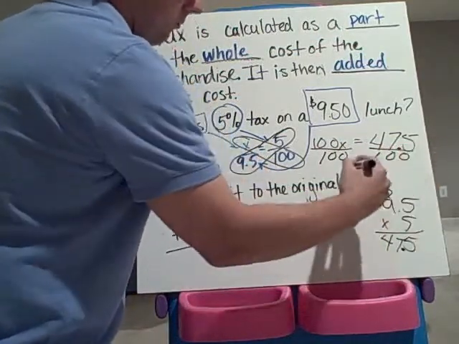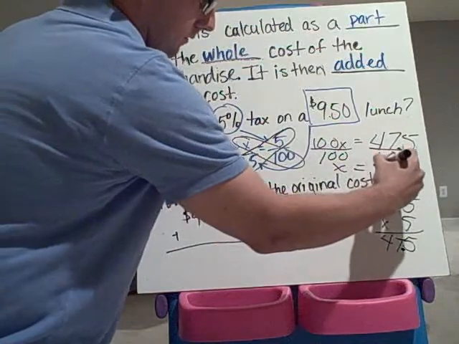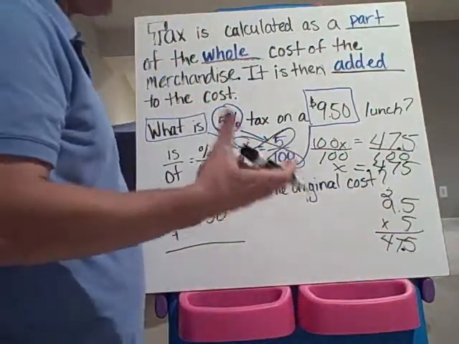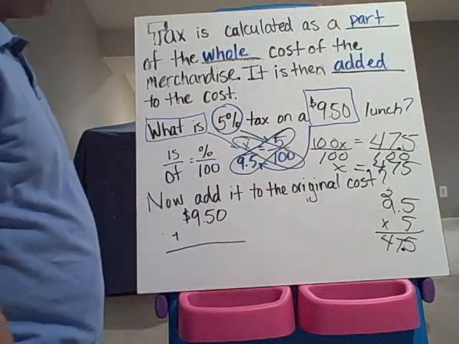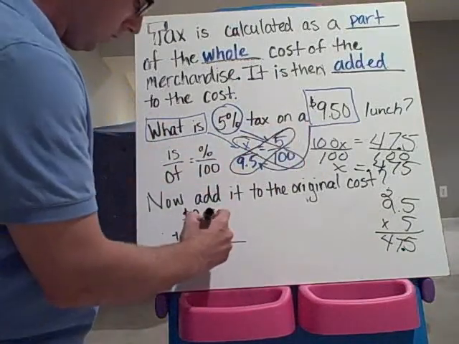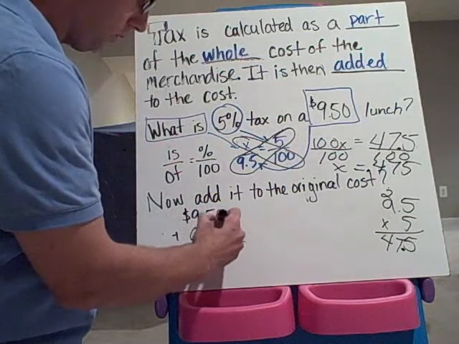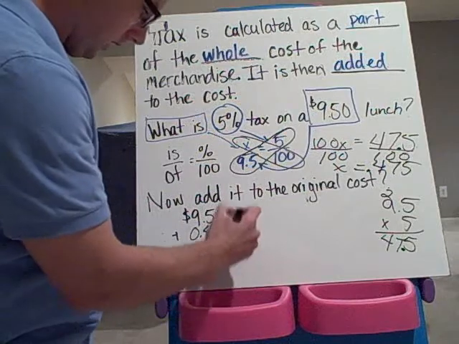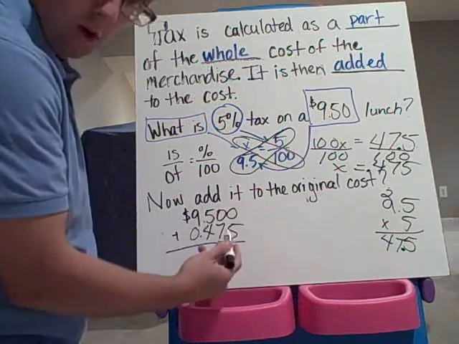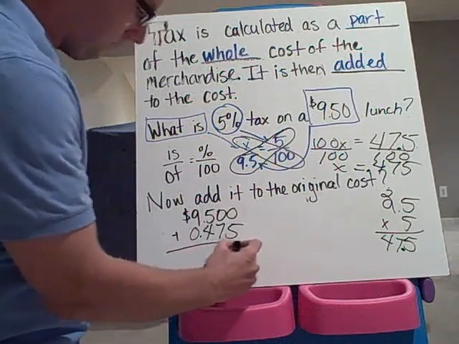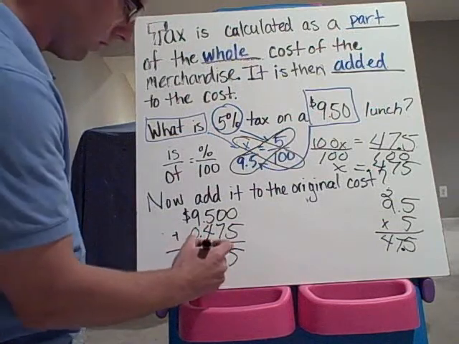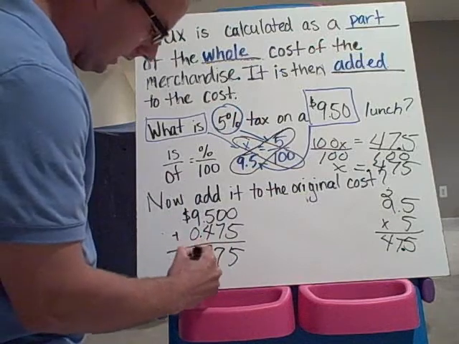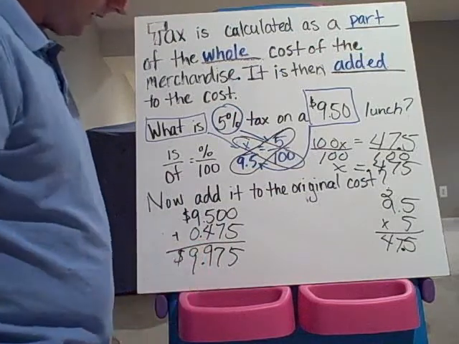Divide by 100, and we get x equals 4.475, which is about 48 cents. Okay? So let's add 48 cents, or 0.475, to our total, and we got to add that 0 because of the decimal place. So we got 5, we got 7. 5 plus 4 is 9. And then 9 plus 0 is 9. So $9 and